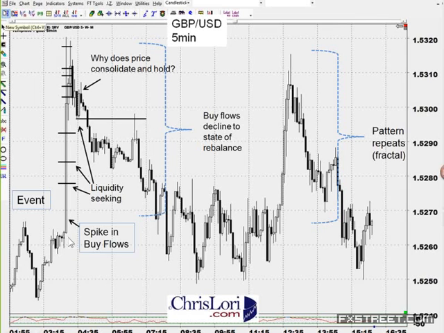Now, most often on a relatively inconsequential data release, we will see these exposed areas quickly come back and rebalance before the next move is taken on. And you can see here that liquidity is fairly light. You can tell by the block-like candles here. And when price tightens up, we have very, very little volatility as it bleeds back. And even this block-like candle spikes back up, feeding into this level right here. Liquidity is quite light, and then it starts to pick up a little bit as it comes back into the base of that spike. The market digests the news, and then it waits on the next piece of news,